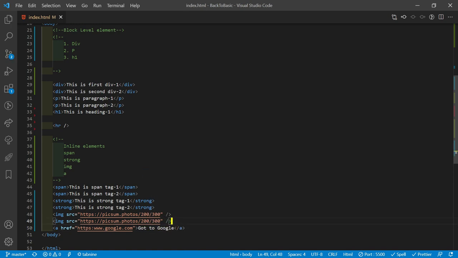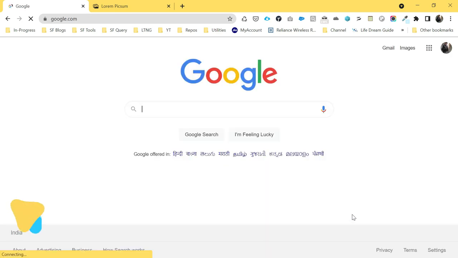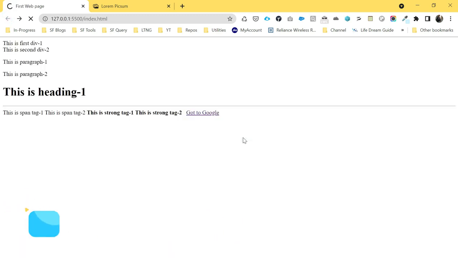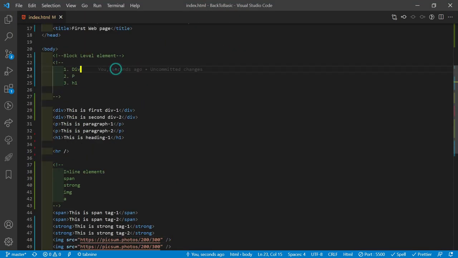So all these tags are very important from the point of view of LWC, if you want to learn LWC. Okay, so just save it and run it, and here you can see Go to Google. Once you click this Google link, it automatically navigates to Google. Okay, so here you can see Google is open now. Okay, so this is the way to create your elements in LWC or with the help of HTML, like block level element,